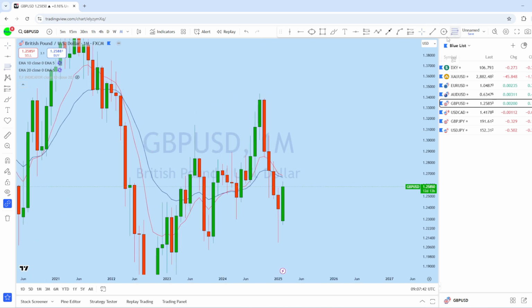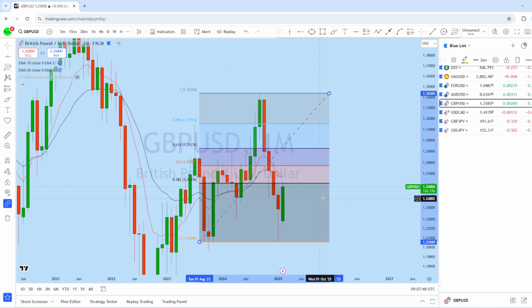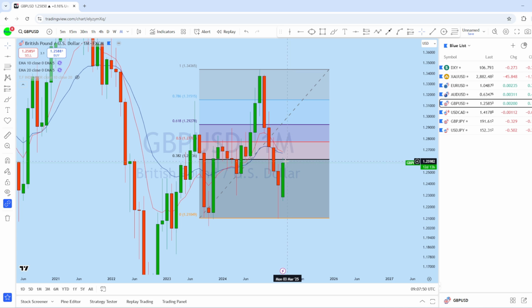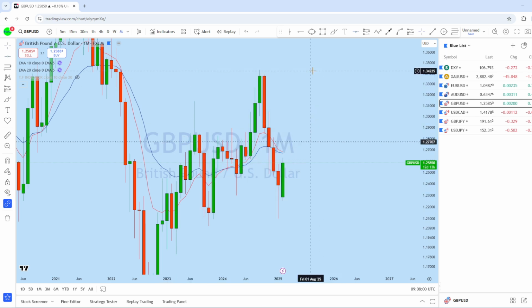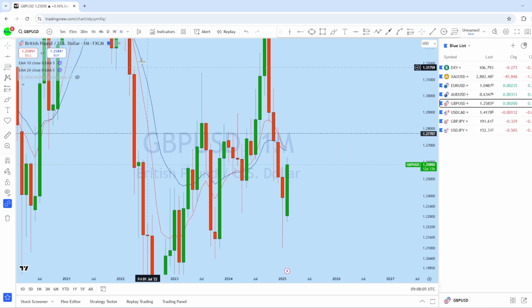Now if we take the Fibonacci as for euro dollar and AUD USD, we can see that GBP USD is also approaching a Fibonacci level. We have seen that it primarily tested the 38.2%, and as the market is bullish from the DXY perspective, we can expect further upside on GBP USD as well in this upcoming week.